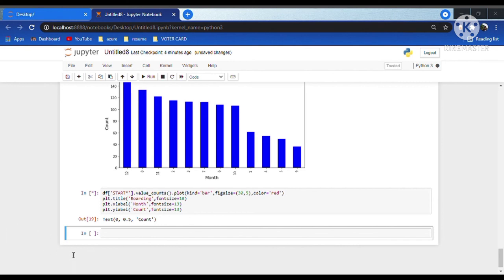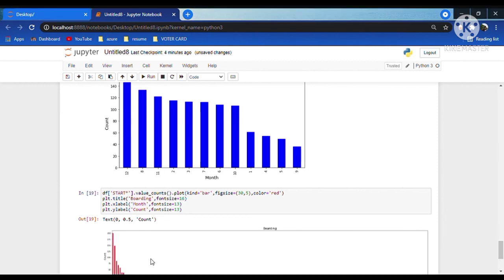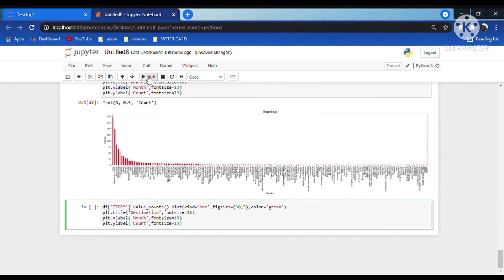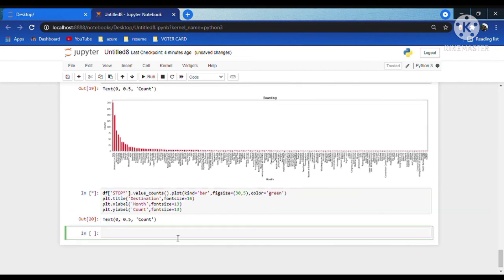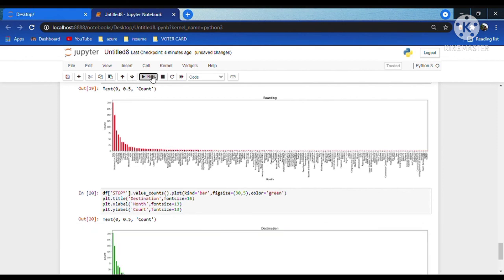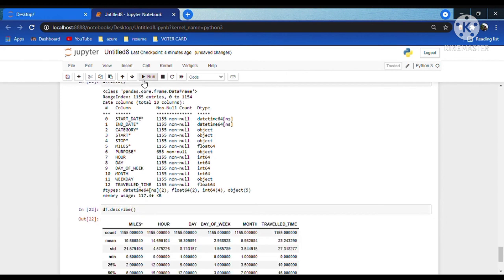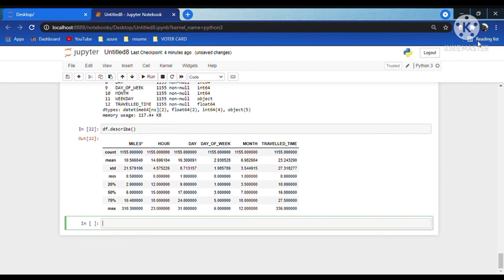And this graph is about the number of trips that are happening from a particular place in the cities. Now you can see that a lot of places are booked, and the first place is showing the highest number of bookings. And the next graph shows the destination to which the most cabs are being booked. And from the info command we can get to know how many null values are available in the given table, and the describe table will explain about various